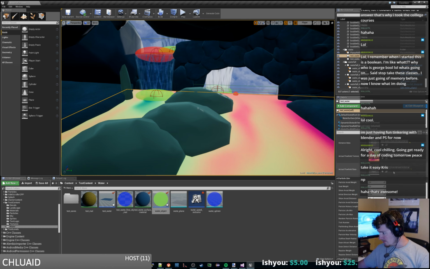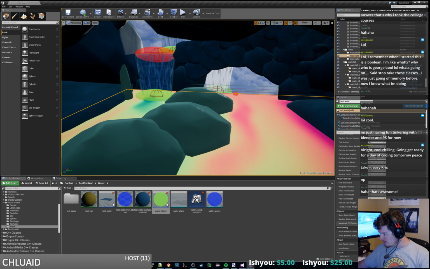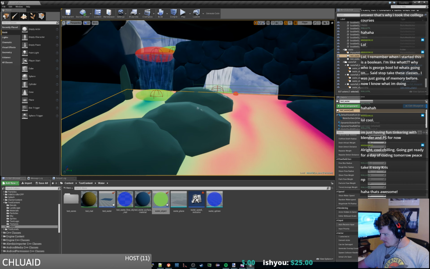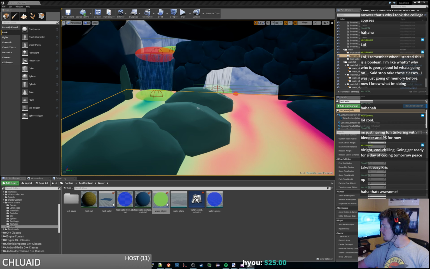Let's see. The particle sim stuff, we got flow field gen. The magnitude fill radius is 16. We're supposed to be setting some variables here. We need to set our maximum